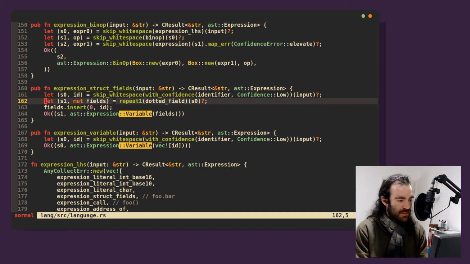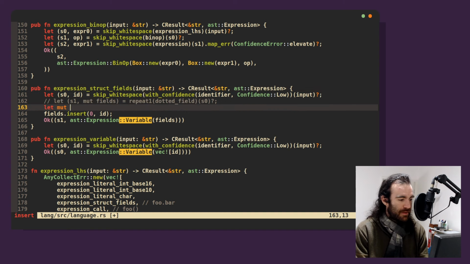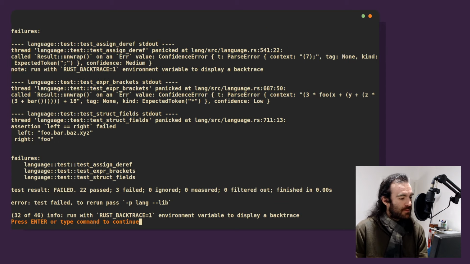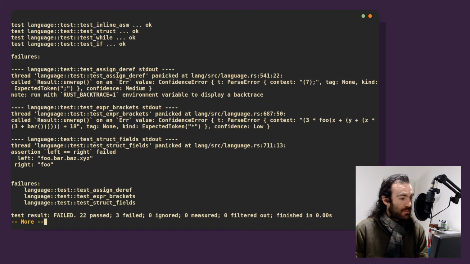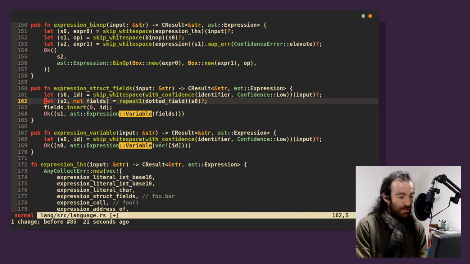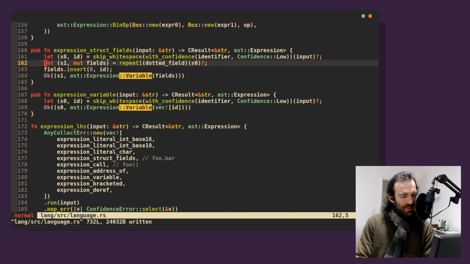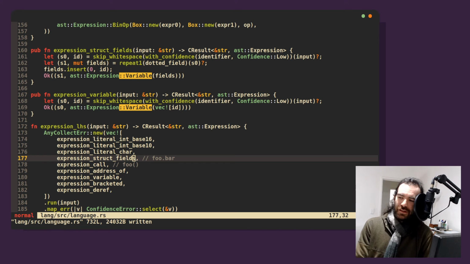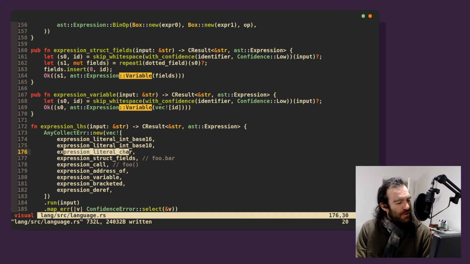Let's do this. Let's do something funny. Let's say let mark fields equal vec new. Let's not do the recursive part, and let's see if this works. And let's give back fs0. Does this still explode? It doesn't appear to run recursively forever, which is good. So the problem is here. It's really weird because this wasn't a problem a minute ago. I don't think I changed anything meaningful, but for some reason, this is now,